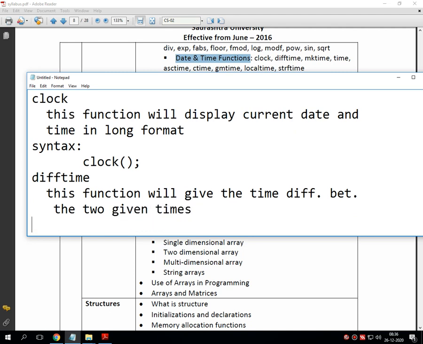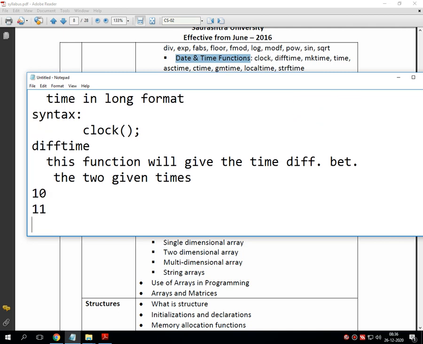That means if I enter two different timings, my time number 1 is 10, time number 2 is 11, then what it returns is 1 as the difference. There is a 1 hour difference between these two inputted times. That is the functionality of difftime.